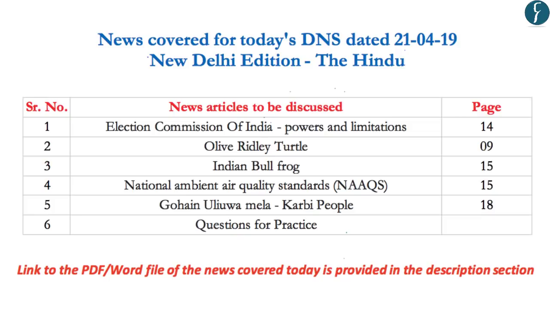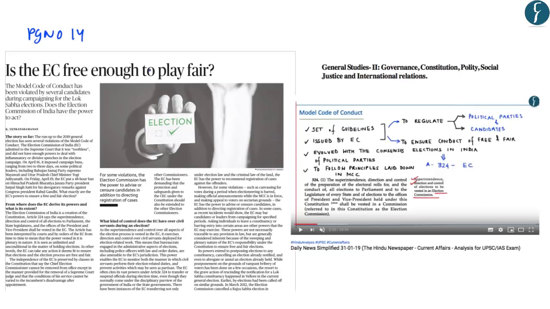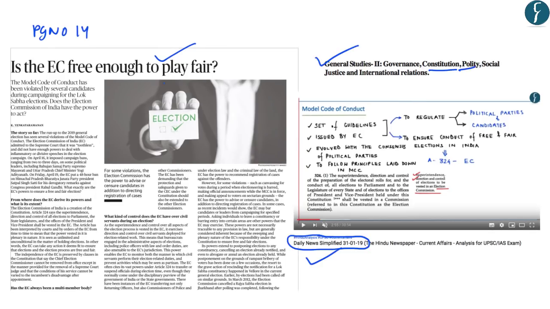Today we will discuss the articles displayed on the screen from the Delhi edition of The Hindu newspaper dated 21st April 2019. So let us start our discussion. This article on page number 14 talks about the Election Commission's ability to conduct a free and fair election and its power. And this is in news because recently, the Election Commission of India had admitted in front of Supreme